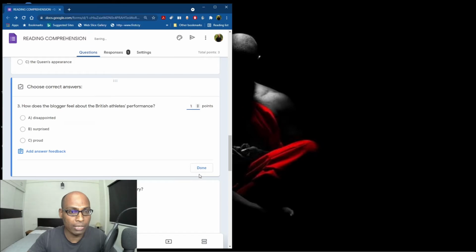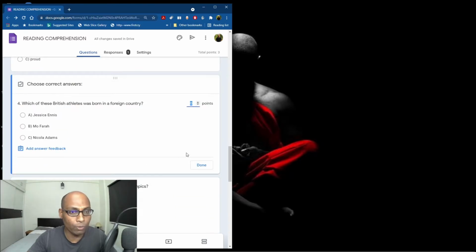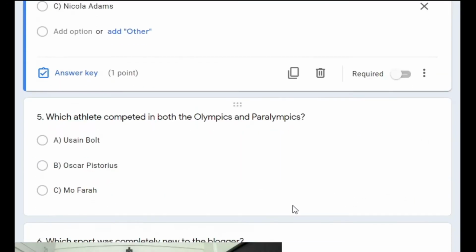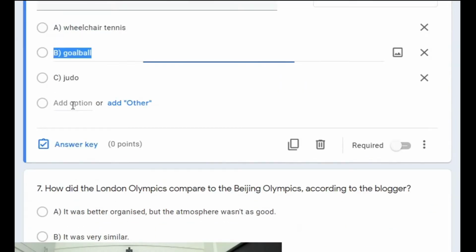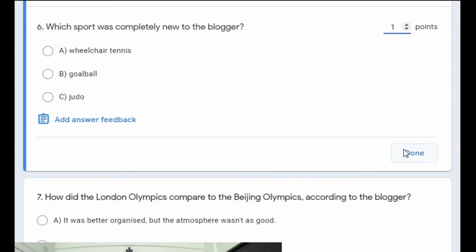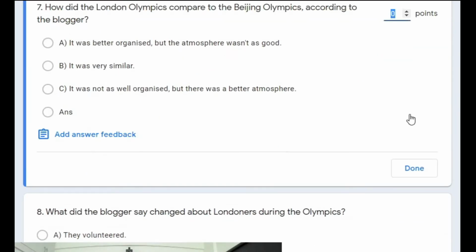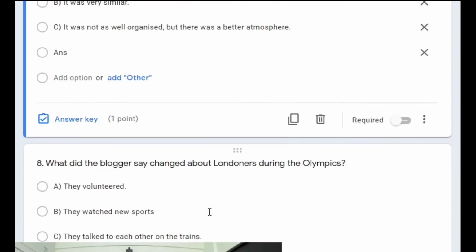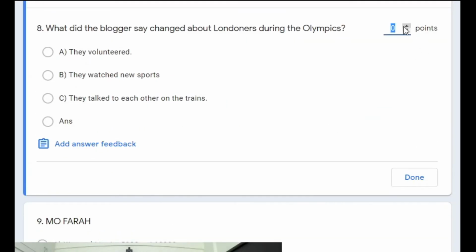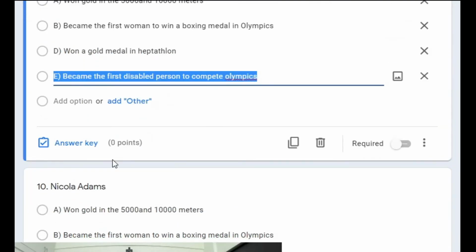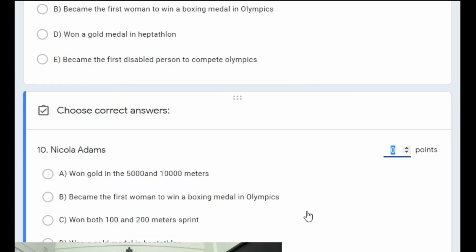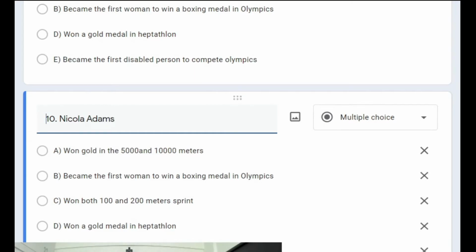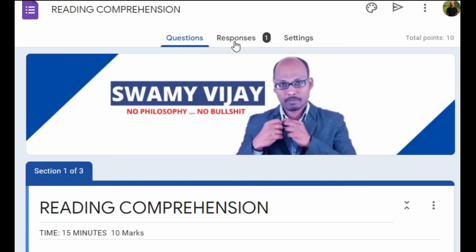You have to select marks. Though it may be very lengthy, you need to understand, if you have not given points to the questions, then your students won't get any kind of points after submission. So it is better to check before sharing the question paper with your students. So let me complete. It's not so difficult, so I'll do it very fast. Now, as I told you, if the students face the same kind of problem and want to resubmit the form, then you have to delete the response.